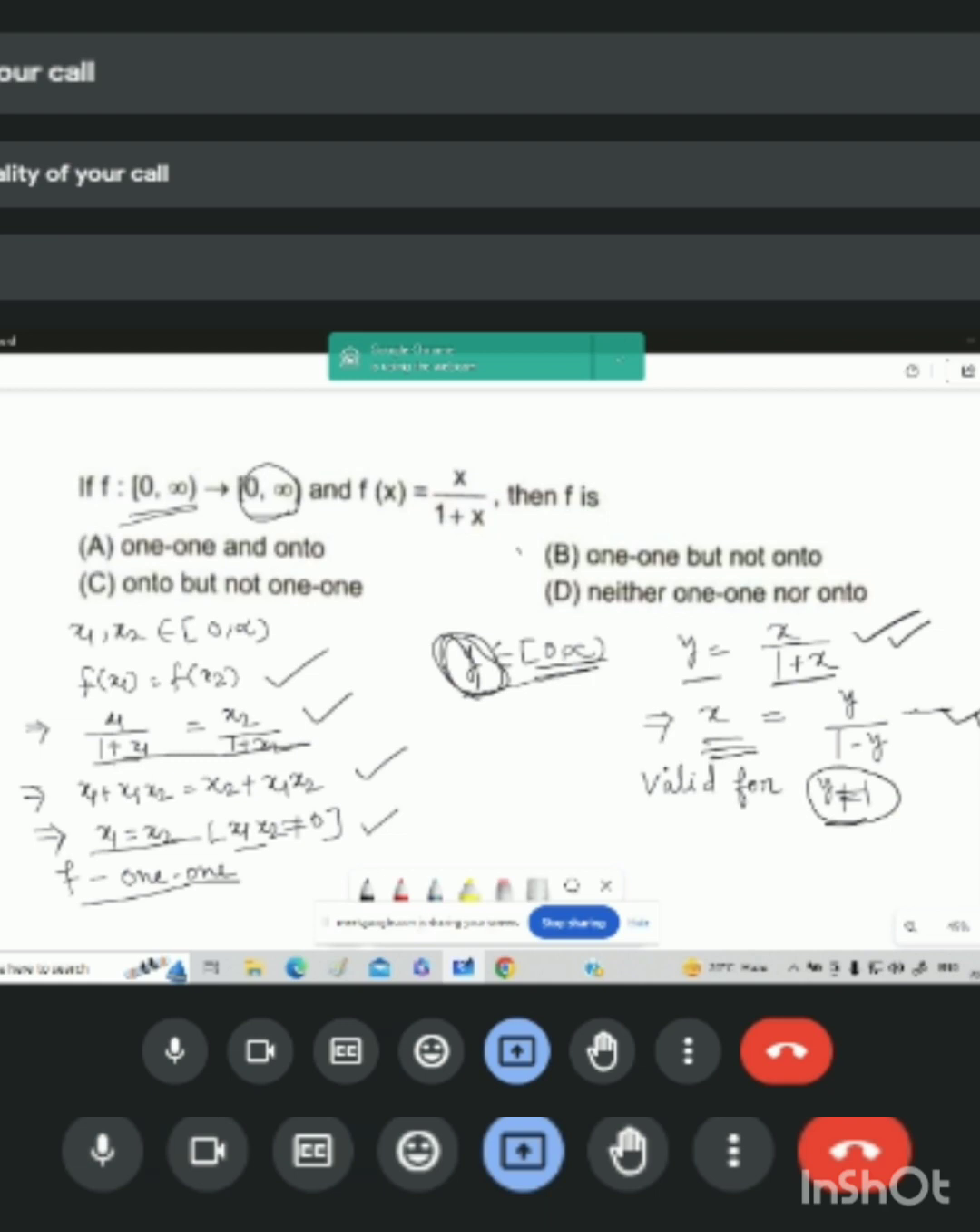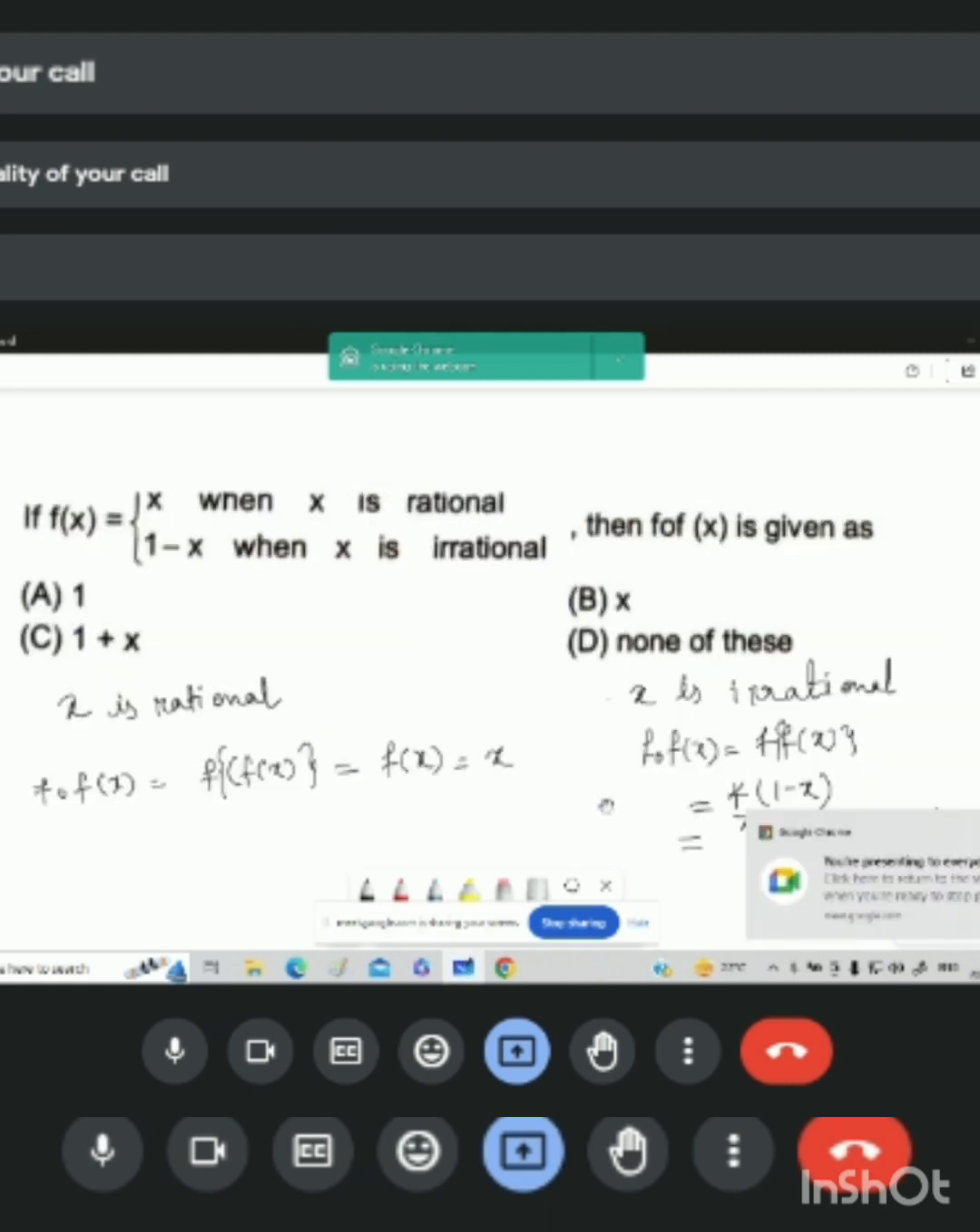So B is the correct option, that is the mapping is one-to-one but not onto. Problem number 2, that is f(x) has been defined as f(x) equals x when x is rational, and f(x)